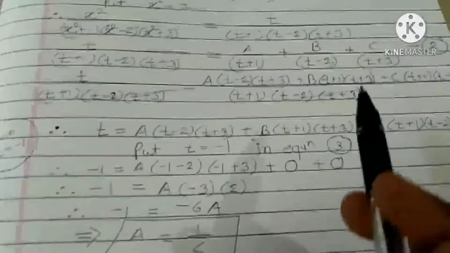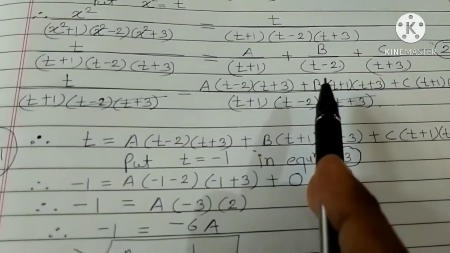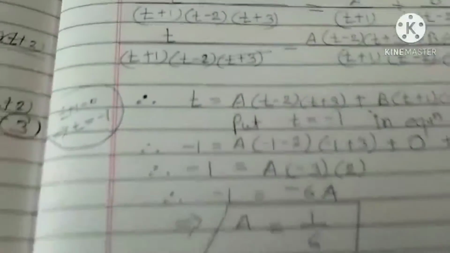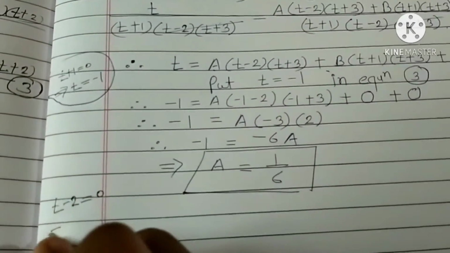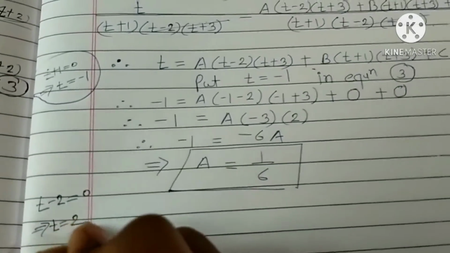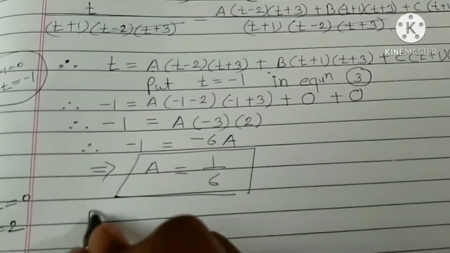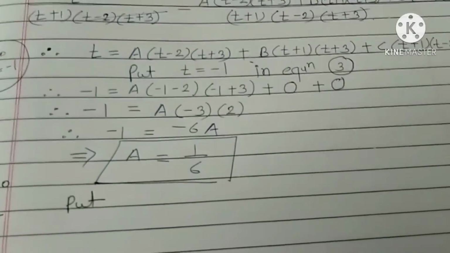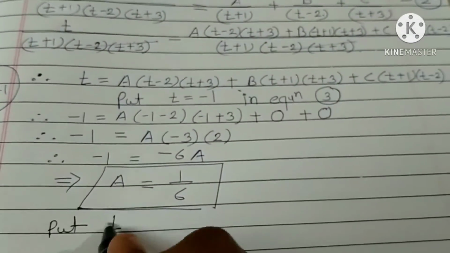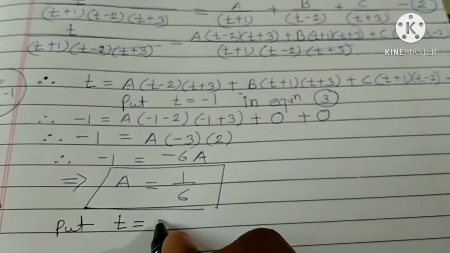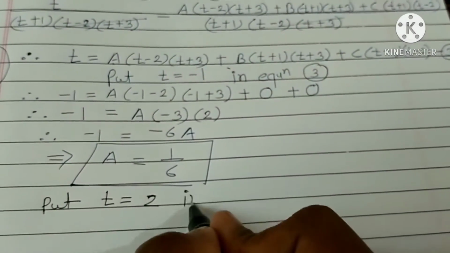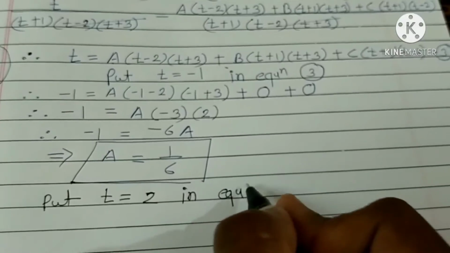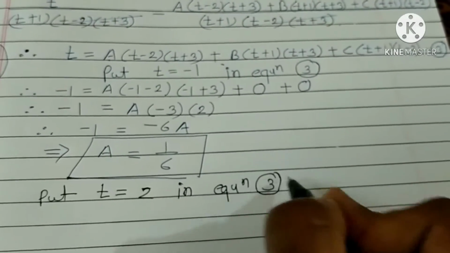Now next we want to find the value of B. So here we take t minus 2 equal to 0, and this implies that t is equal to 2. So put t is equal to plus 2 in equation 3. We get